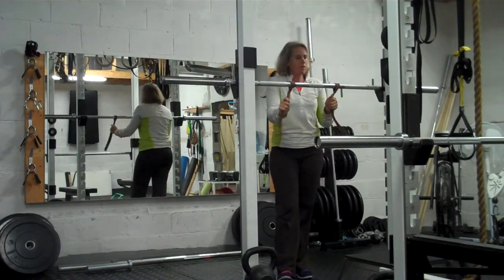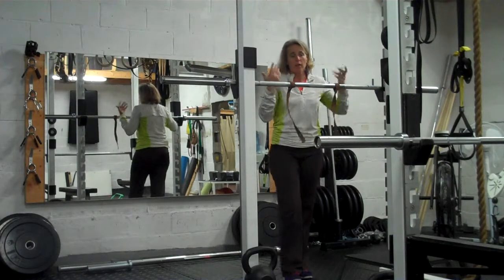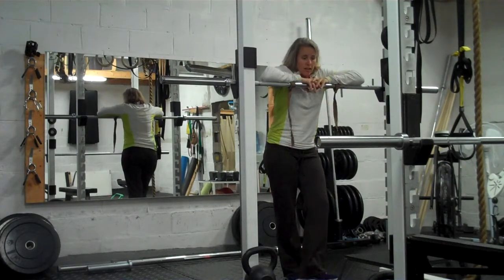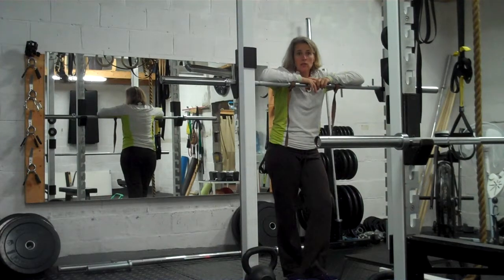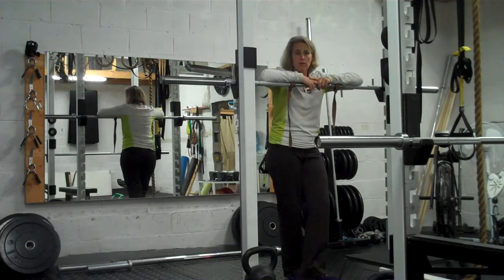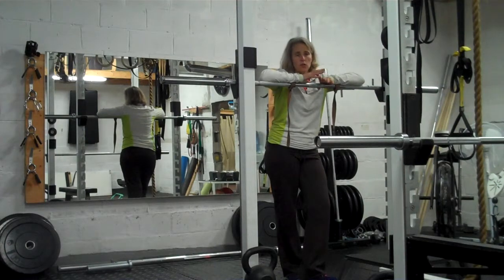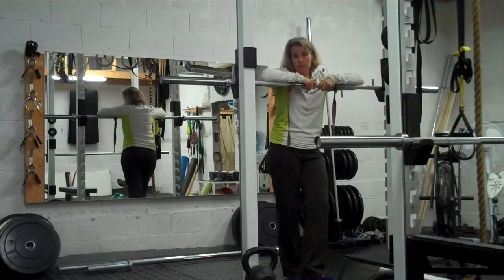So give those a try. If you find that you just don't have the range for that, personally I don't really do front squats, my hip doesn't really like it. I'll typically do goblet squats, or more often than not split squats, rear foot elevated split squats, which you see in there. So if you're doing a program that calls for front squats and you can't do it within your sort of range of motion, work on that range of motion, but then also consider trying another version, because while it is a great exercise, it's not for